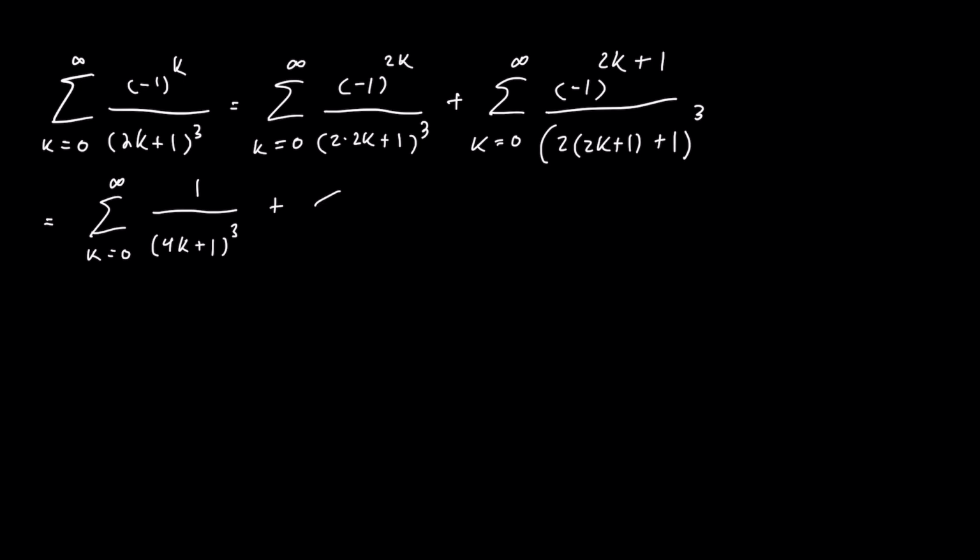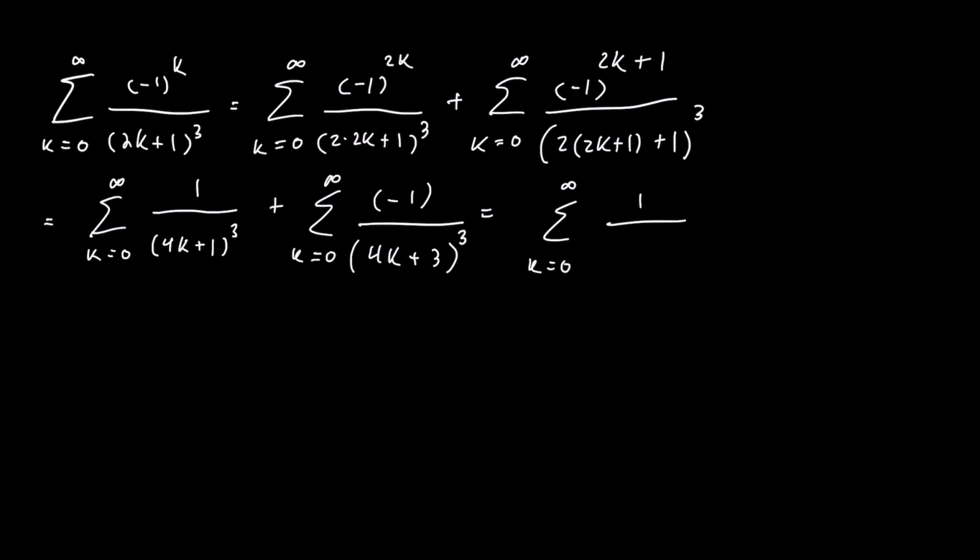And then we're going to have plus the sum from 0 to infinity. This will become a -1 over, and then we're going to have a 4k plus 2 plus 1, but that's a (4k plus 3) cubed. So we have the sum from 0 to infinity of 1 over (4k plus 1) cubed, and then we have a minus the sum from 0 to infinity of 1 over (4k plus 3) cubed. And for this second sum, we're going to make a change of index from k to k